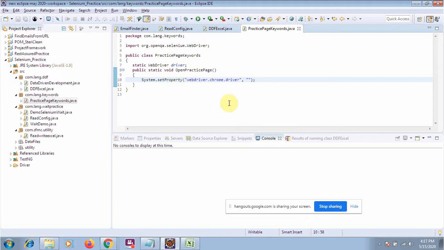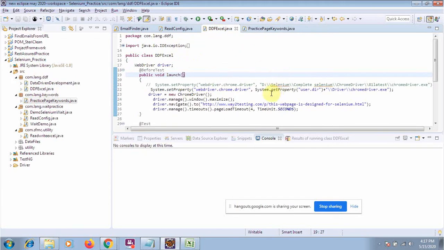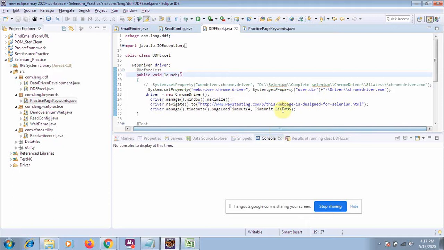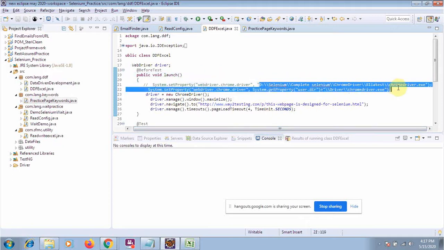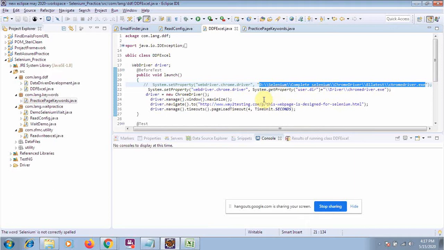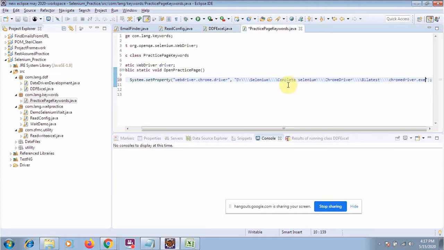I will let you know that basically we don't hard code the driver path. We put the driver path in the config file and fetch it from there. But for the time being, let me give the driver path as we did in the previous class. In the next class or further on, I will show that we do not give the driver path like this; we will fetch it from the folder or the config file. Only the double quotes change is required, not the double slash.